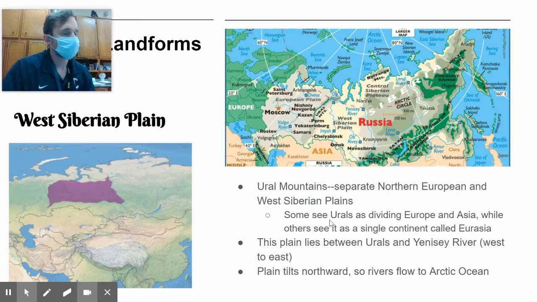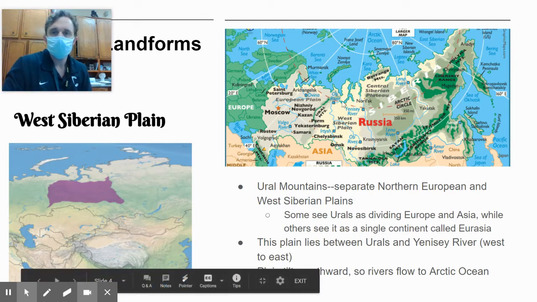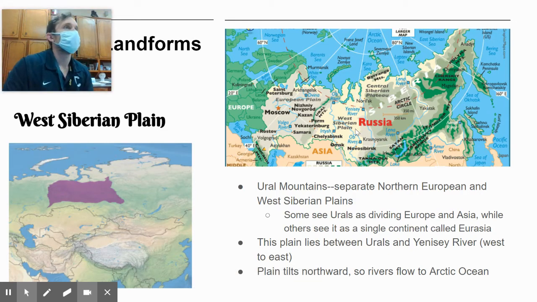So still dealing with northern landforms, you got the West Siberian plain. As I mentioned, the Ural Mountains kind of separate some of this area, and it separates the northern European plain from the West Siberian plains. I kind of already mentioned that point about the Ural Mountains on the last slide. So the West Siberian plain, you can see where it's located on your map, on your slides there. Again, it's just to the east of the Urals,